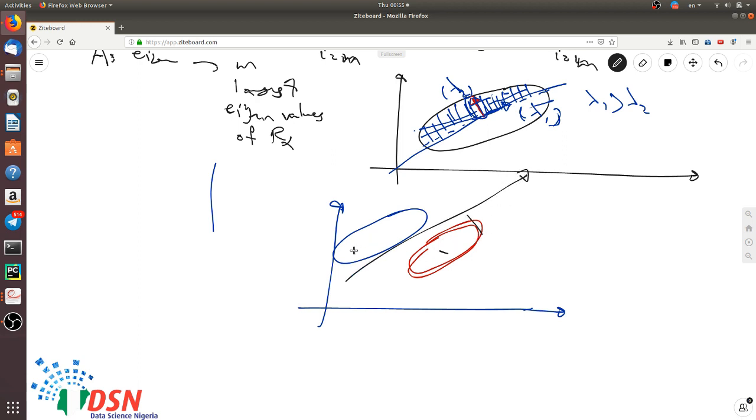And if you project all of your data on this direction, you will end up with probably something like this, and so all of your data from the two classes will be mixed,